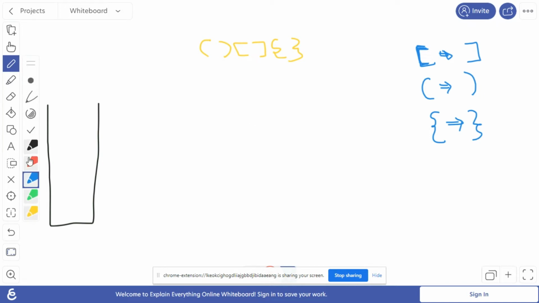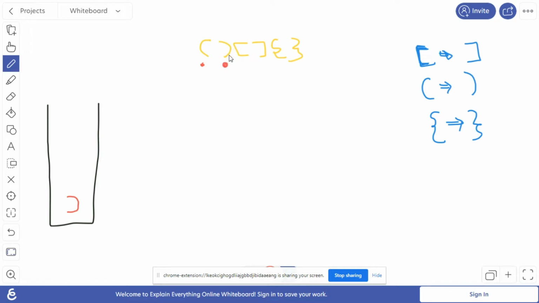Here, say I'm at this point, so it is an open circular bracket. So what should I do? As you can see here, whenever I encounter an open circular bracket, in that case push the closed circular bracket. Okay, I'll just add that, push it into the stack, and let's say now my pointer is here,